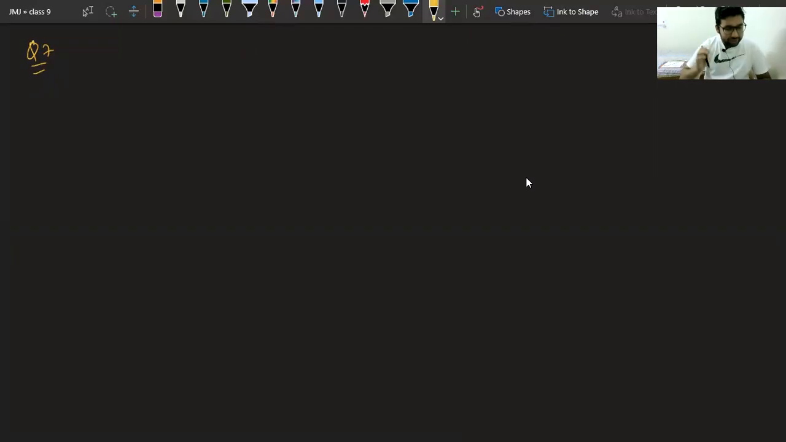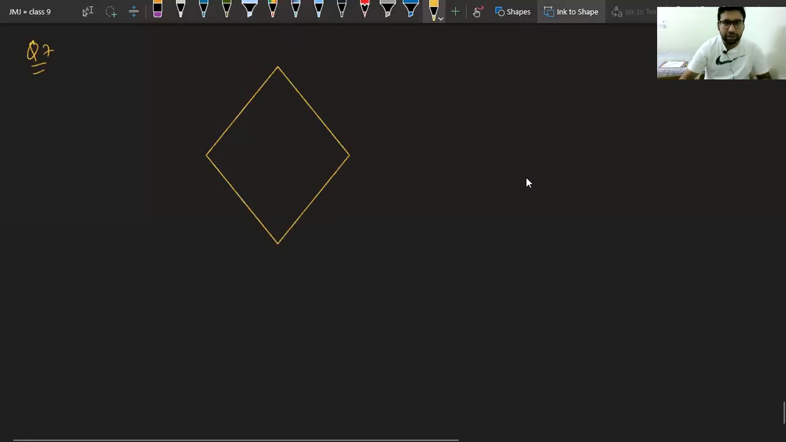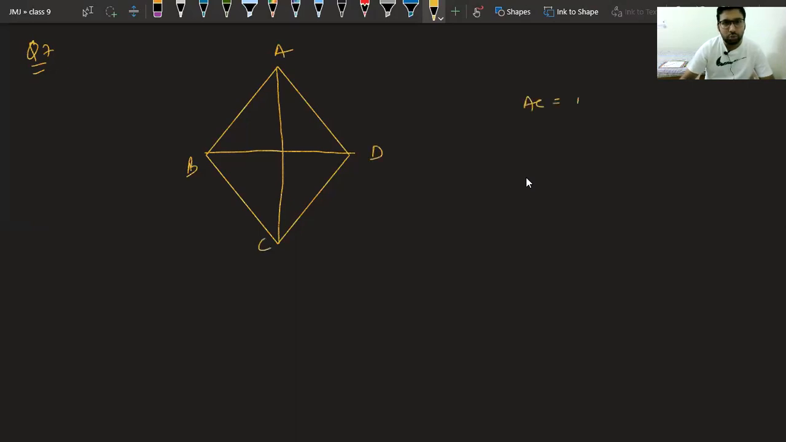A kite in the shape of a square. Wow. So we have a kite in which the above part is a square, and the below part is something else. A kite in the shape of a square with diagonal 32 centimeter. We all know in a square the diagonals are equal. So this is given as 32, and this is also 32. A, B, C, D. So given is AC equal to BD equal to 32 centimeter,